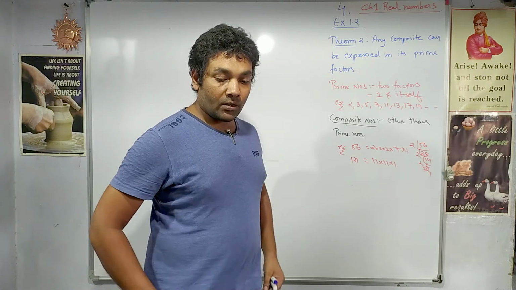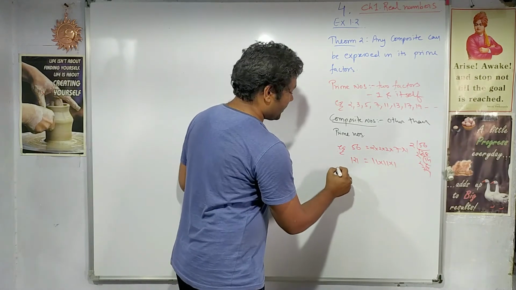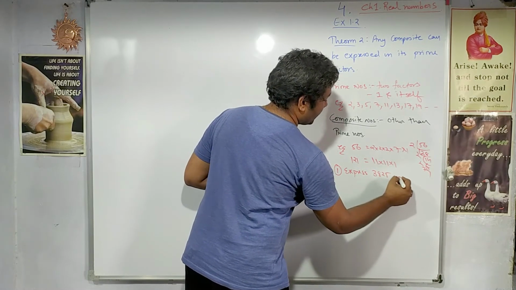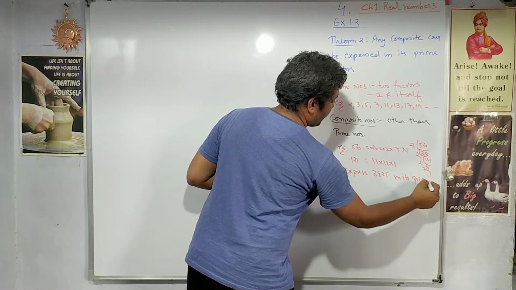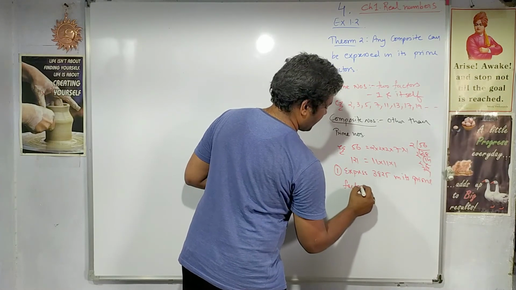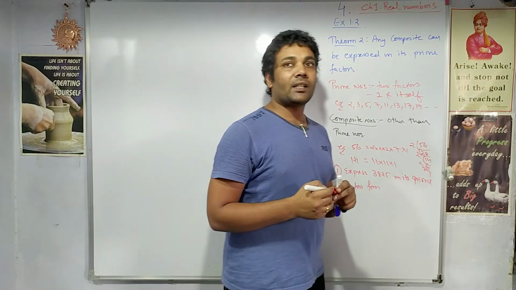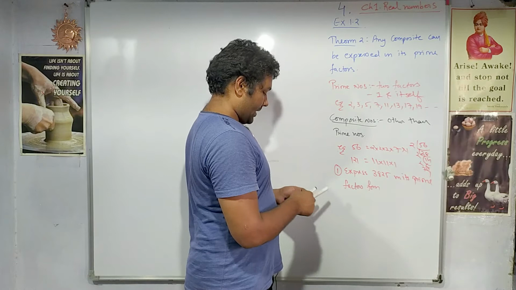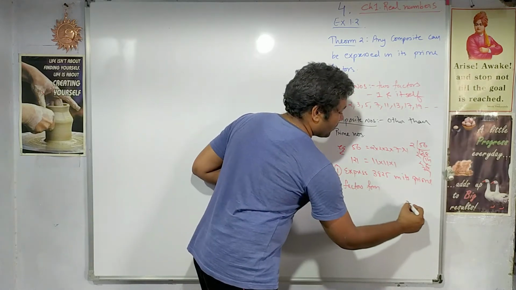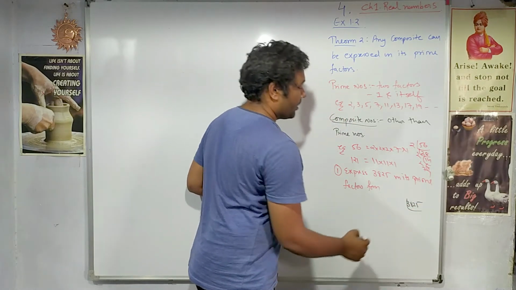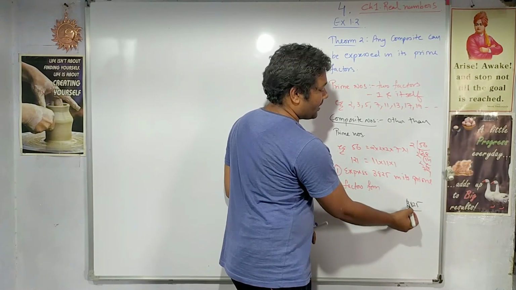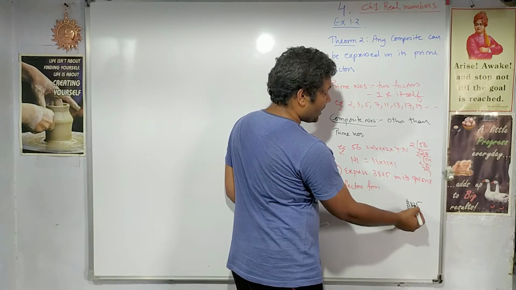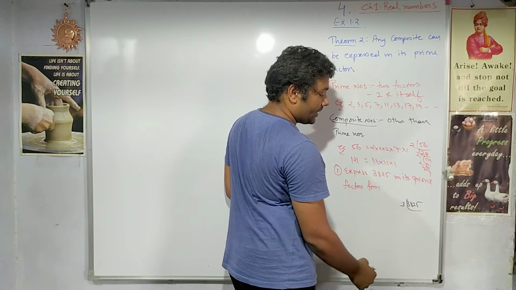The first question we have is, express 3825 in its prime factor form. So we will express this 3825 in its prime factor format. Let us see the solution. 3825, if we start dividing, this will go by 3. 8 plus 3 is 11, 11 plus 2 is 13, plus 5, 18. So it will go 3 times.